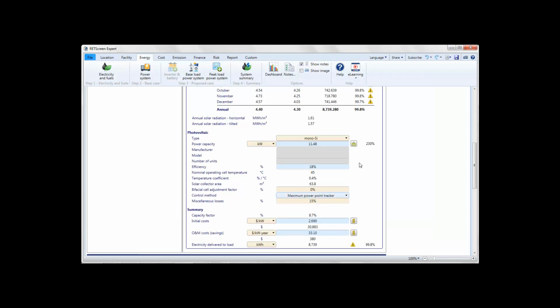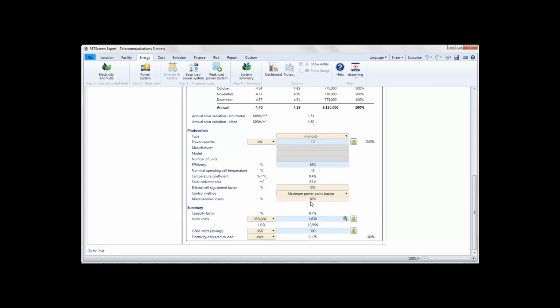The reason that it doesn't achieve the full load here, there are two reasons. First, certain choices, for instance, like the battery efficiency and the inverter efficiency, are different between the virtual energy analyzer and the analysis we did. But more important, the miscellaneous losses that the virtual energy analyzer has picked at 15% are higher than our 10%